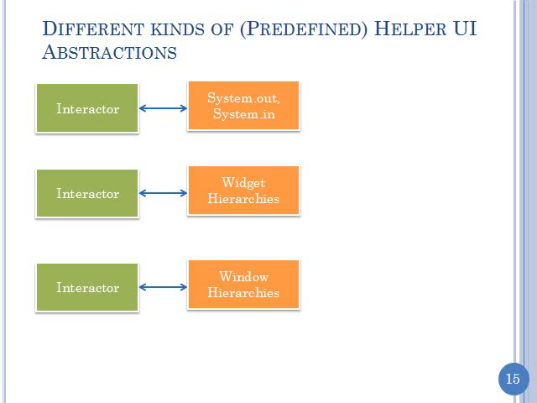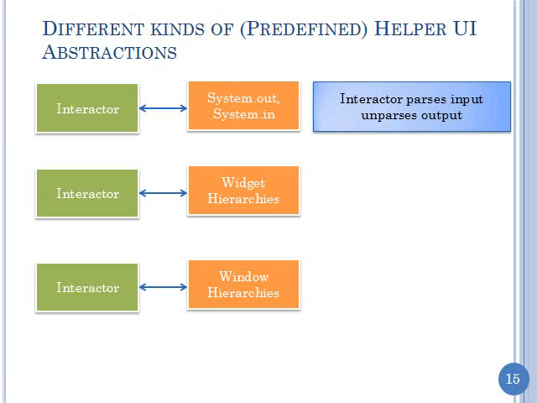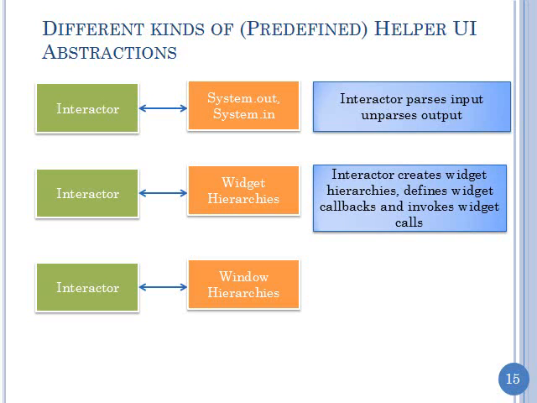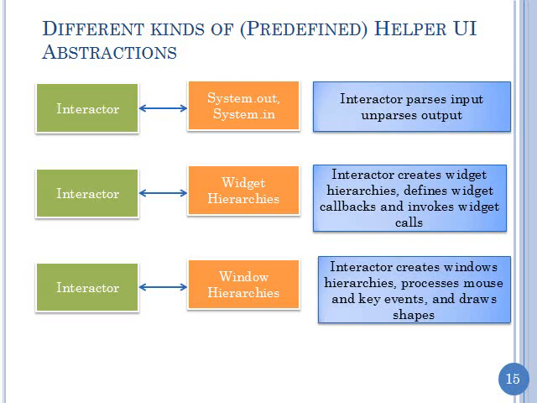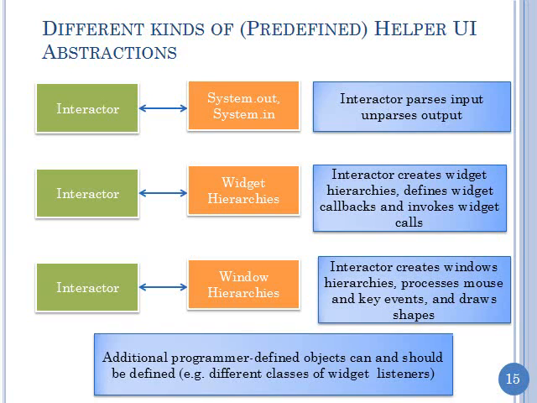Okay, so you can have different kinds of helper UI abstractions associated with an interactor. And at the console level, what the interactor is doing is processing input and output. Okay, that's what you guys have done in your non-GUI user interfaces. And at the widget level, you're creating widgets, and here you're drawing shapes and processing key events. Okay, and you can always define additional programmer-defined objects. So what I'm saying is that when you build an interactor, you have an interactor object, you have all these objects that you're using, plus, of course, you're welcome to have other objects. Okay,